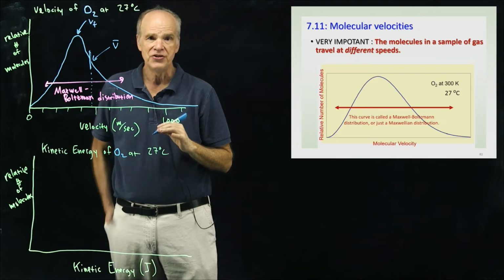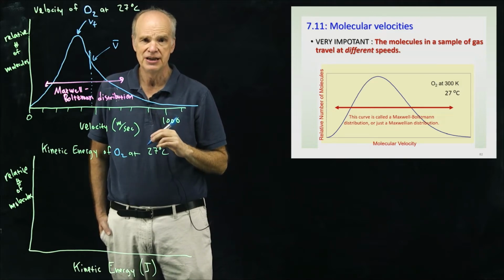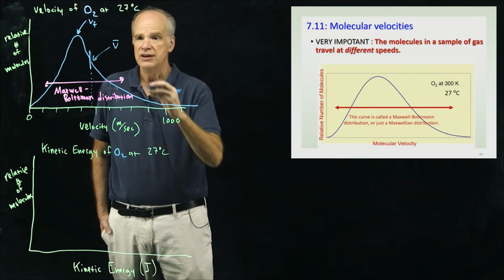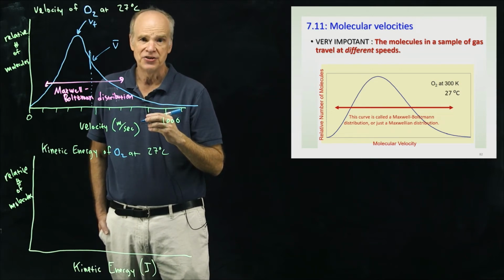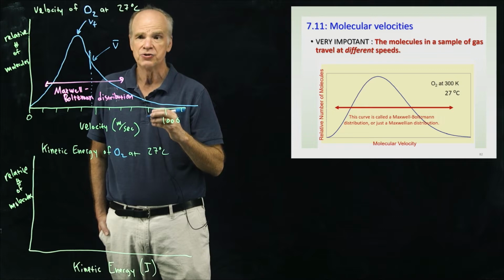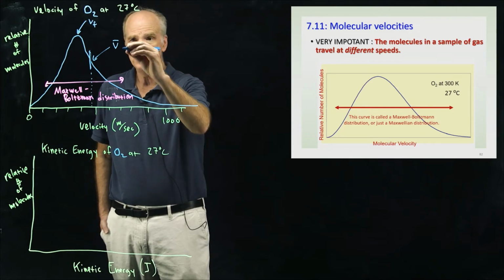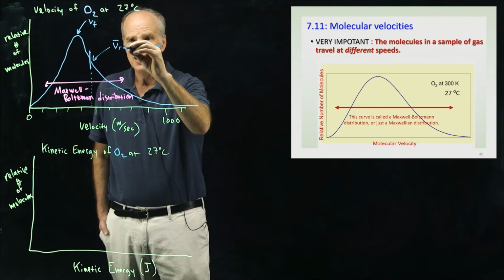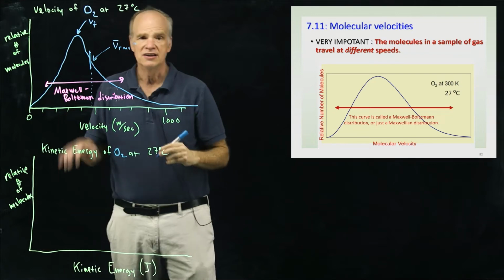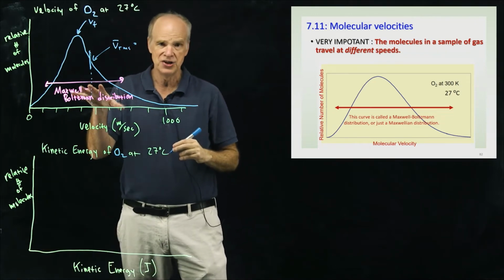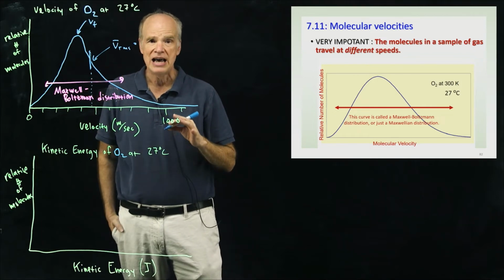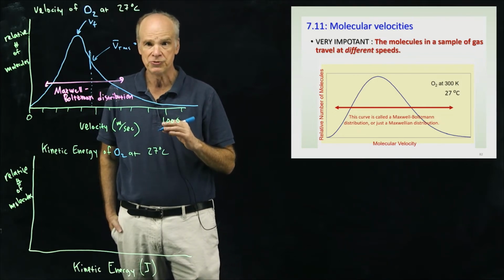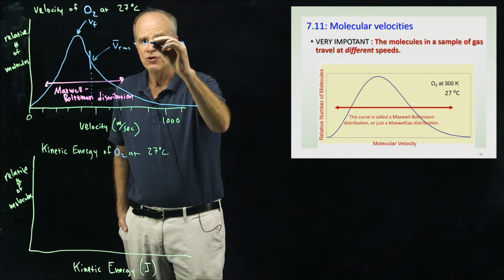Now, this average velocity is calculated in a particular way. The way we describe the calculation is something called root mean squared, which is RMS. So we can characterize this population of oxygen molecules at 27 degrees as having an average root mean squared speed of about 480